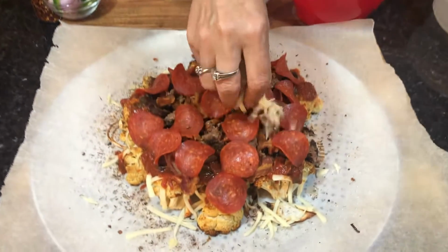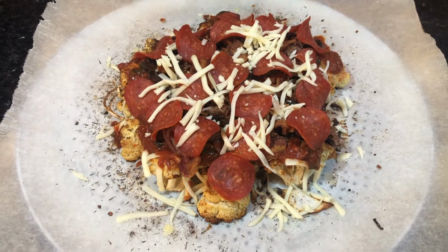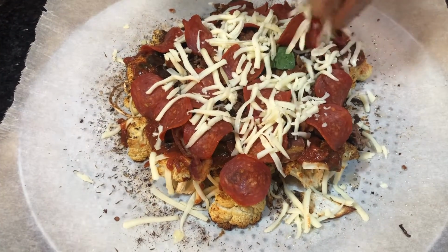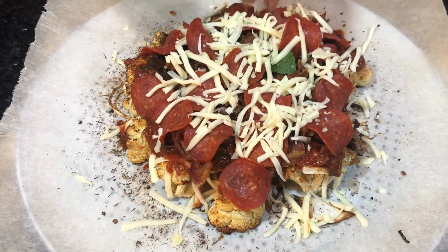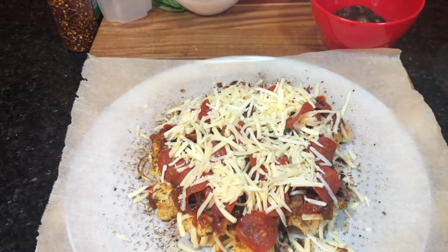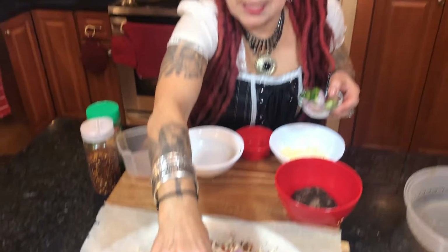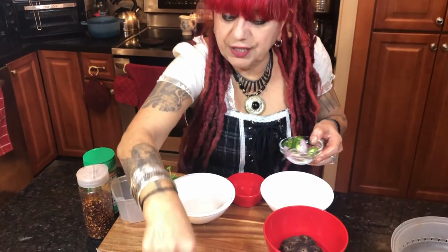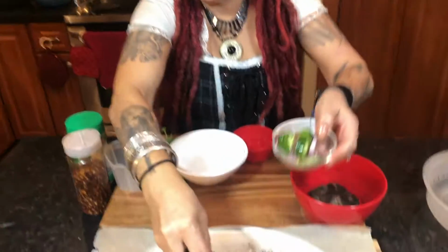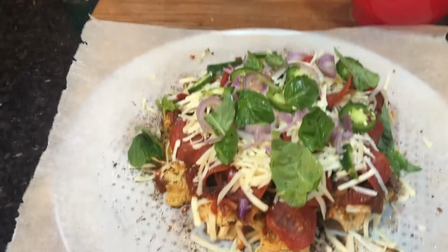Okay, so now we're getting more cheese. More cheese, more cheese, more cheese. Rain, cheese rain. Okay. Now we're gonna do a little bit of vegetables. Even though we said meat lovers, I also like some shallot onions, which gives a nice sweet flavor. Okay, so I got a little bit